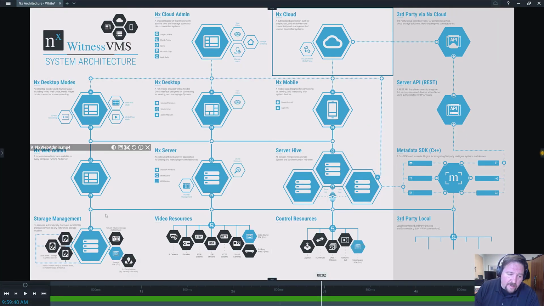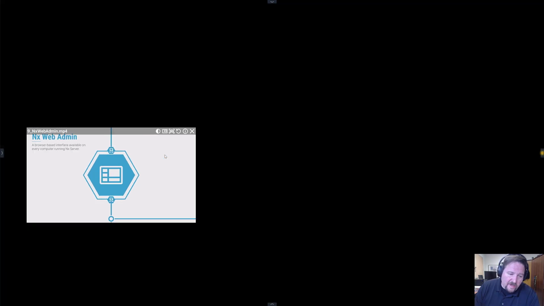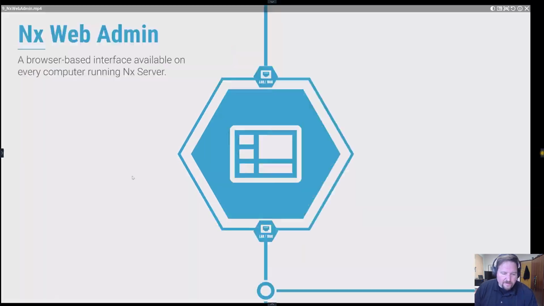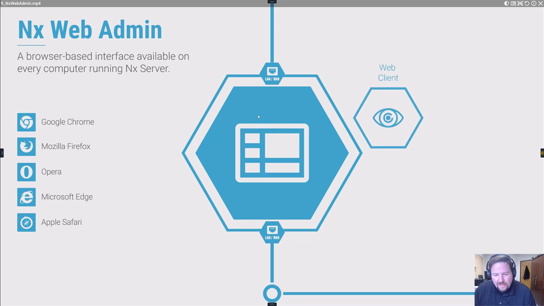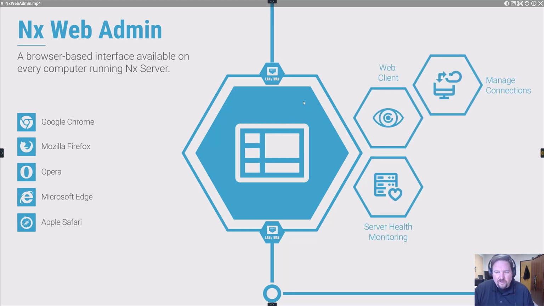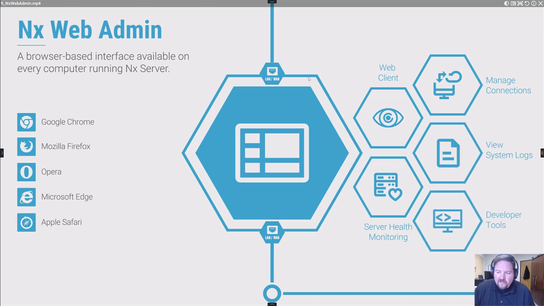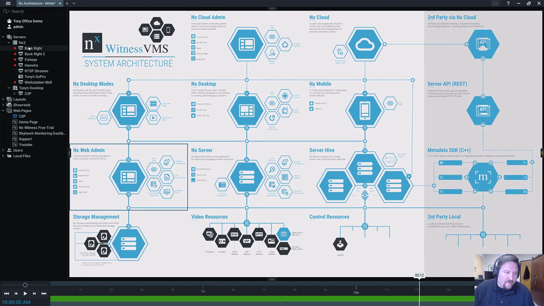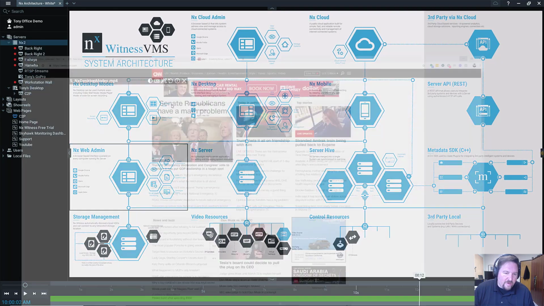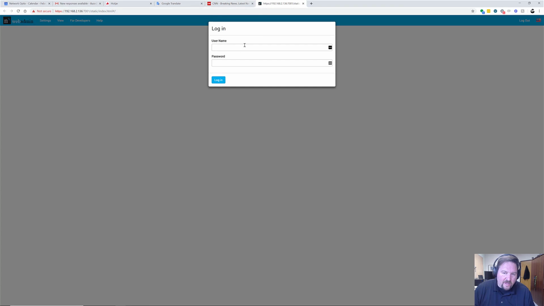So now the final bit would be the Web Admin interface. We talked about it briefly earlier. The Web Admin interface is really about connecting to a specific server and checking out that server's settings themselves, right? The web interface can be accessed from the client by clicking on one of your servers and just saying server web page, and then you'll get a login prompt for the system,